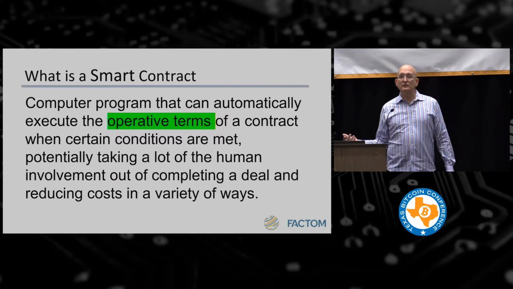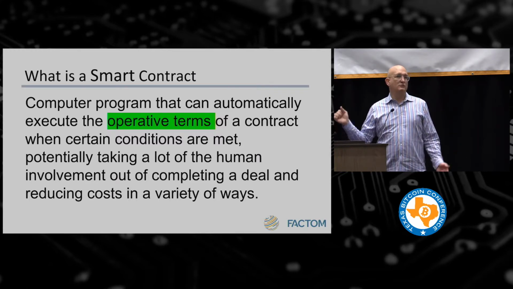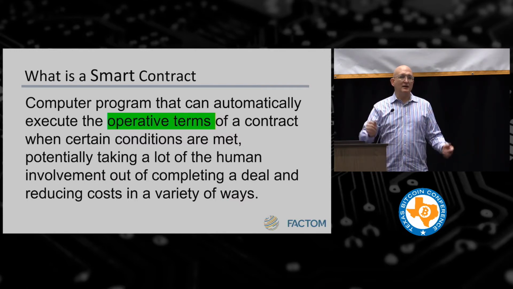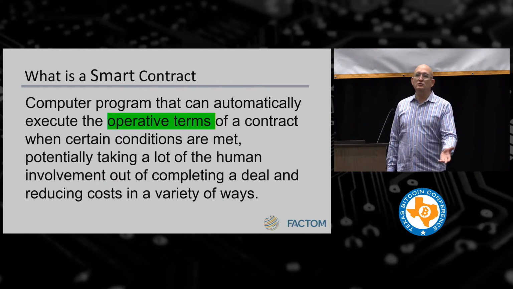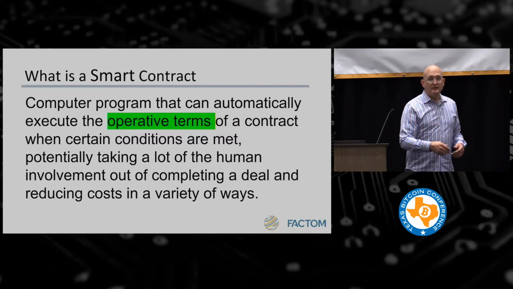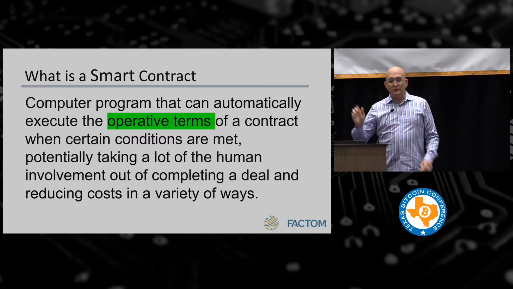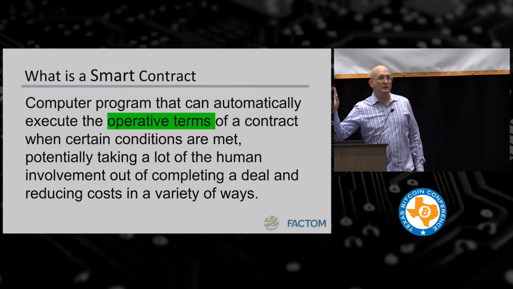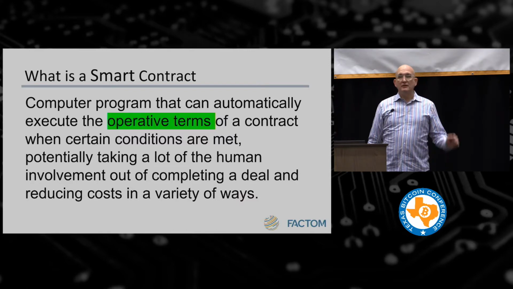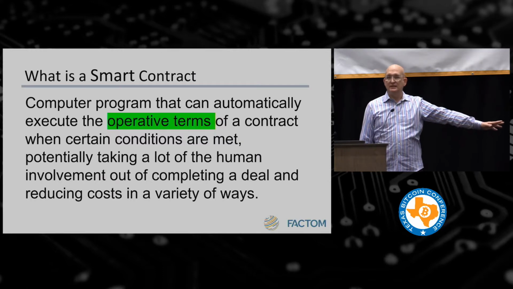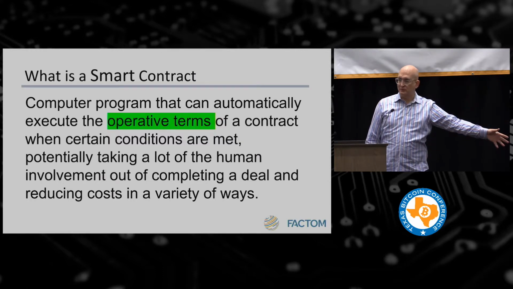And so those kinds of things don't need a mechanism. They don't need anything to operate. But then when we make a basis of exchange and I say, well, when you deliver 100 pounds of avocados, what will I pay? These are what we call operative terms. So smart contracts are really good at distinguishing and getting into the operative terms, but we still have this need for an off-chain contract where we cover all the non-operative terms.